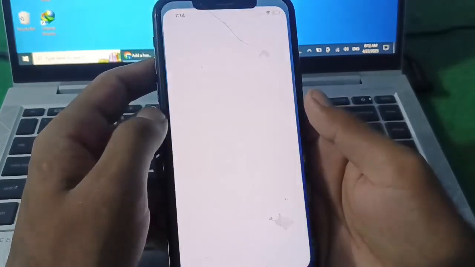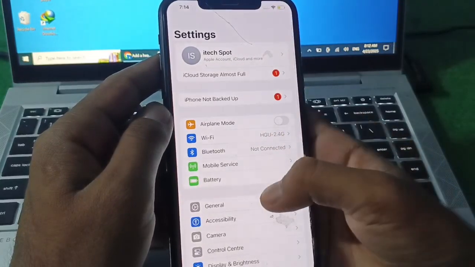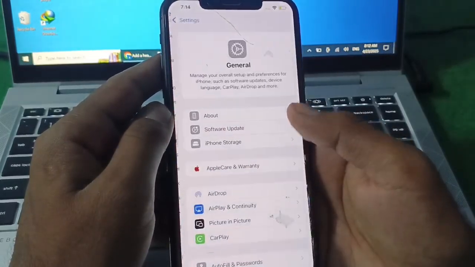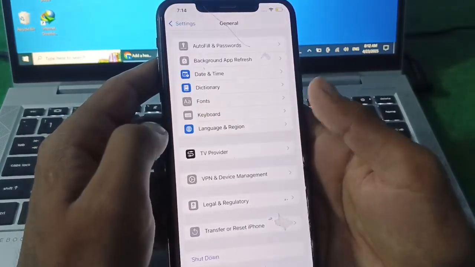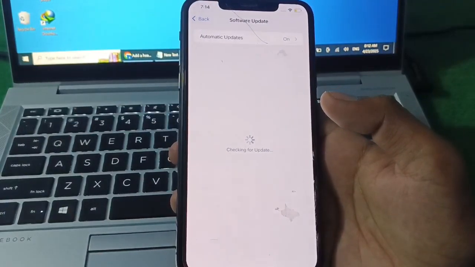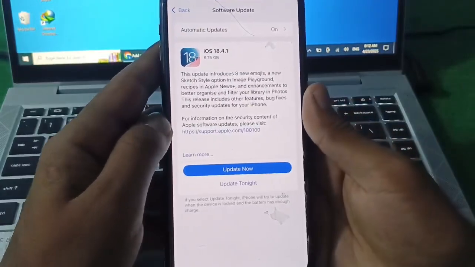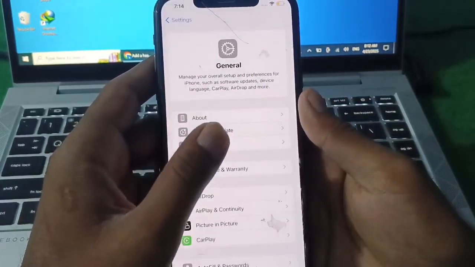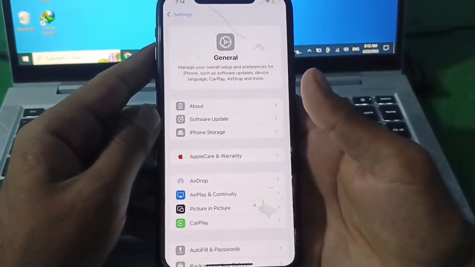So guys, our first step is to open Settings, and then you have to make sure that there's not any VPN connected. If there's a connected VPN, then you have to simply disconnect the VPN, and then simply tap on Software Update. And from here guys, you have to make sure that there's no update pending on your device. If there's an update available, then you have to simply update your iPhone